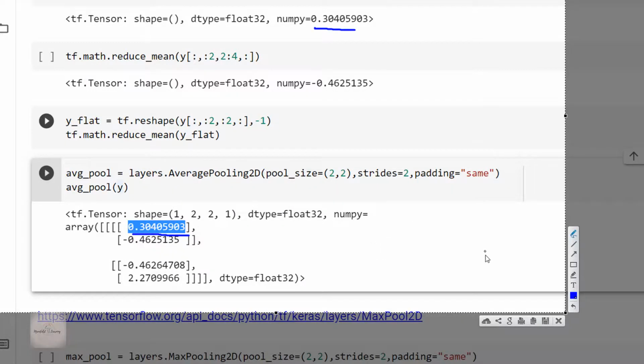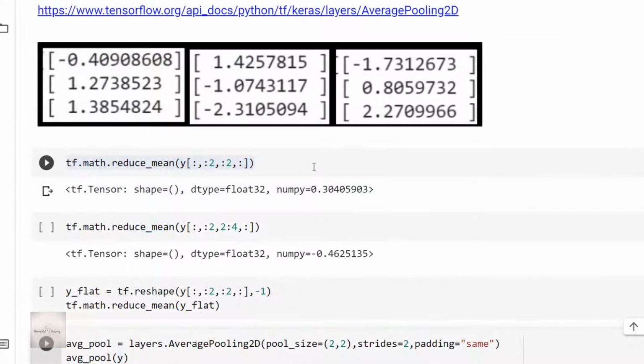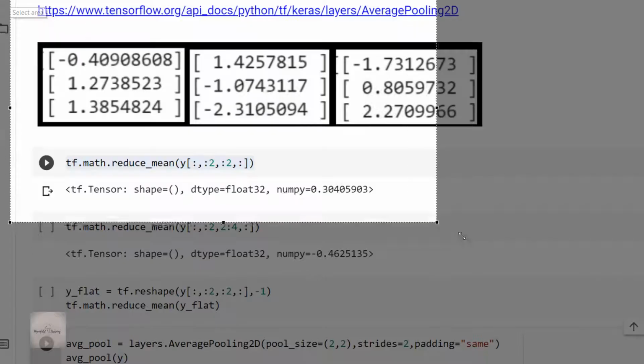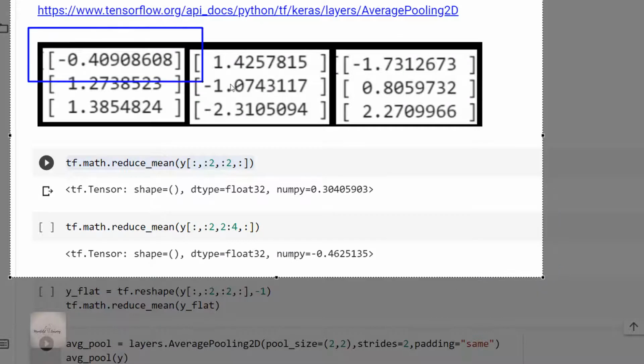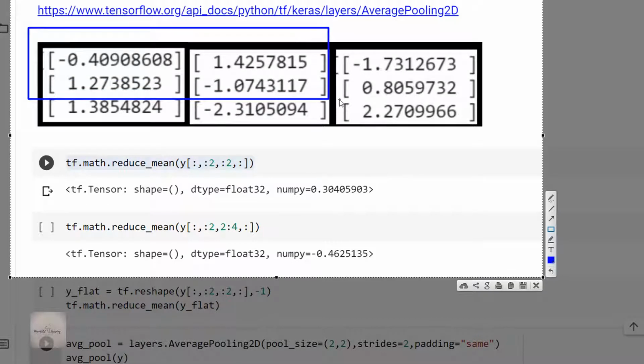See? So to recall, the way this average pooling would work is whatever input I pass for this average pooling layer, depending on my kernel size, that is my pool size, the system is going to place the kernel on top of the input which I am giving for this average pooling layer, and then it is going to perform the average of every value that is present in that region. That's pretty straightforward, guys. And depending on my strides and depending on the padding, it is going to do the same operation by moving along left to right and top to bottom for each of the image input.